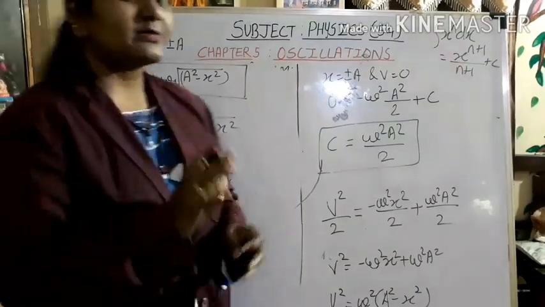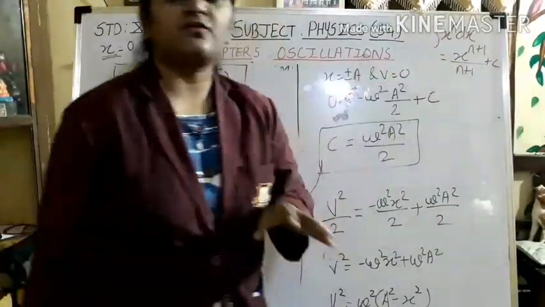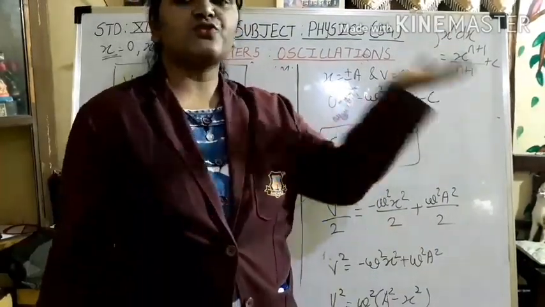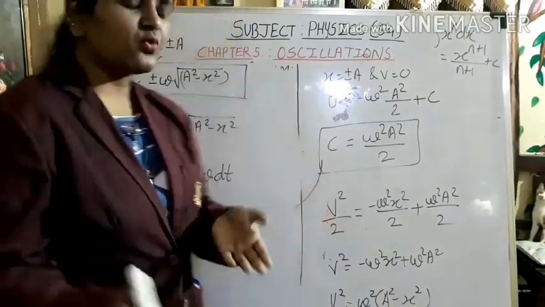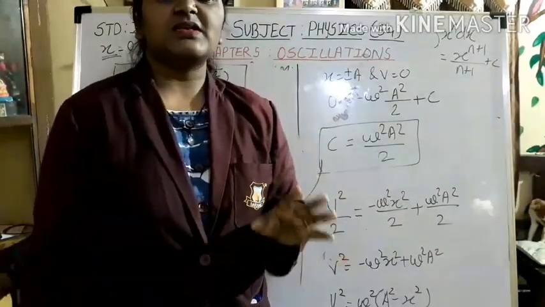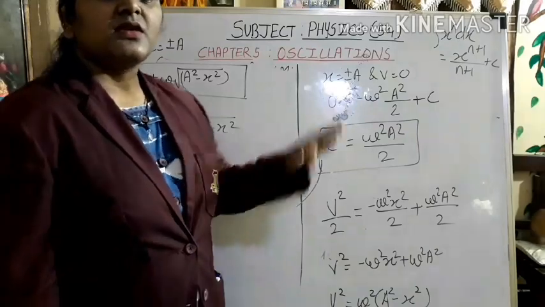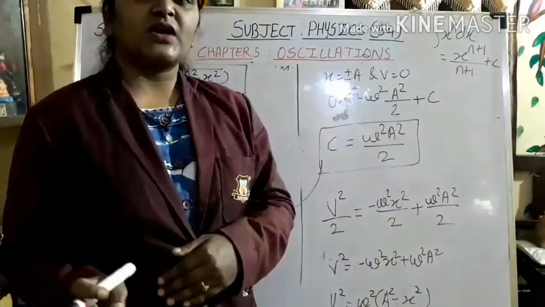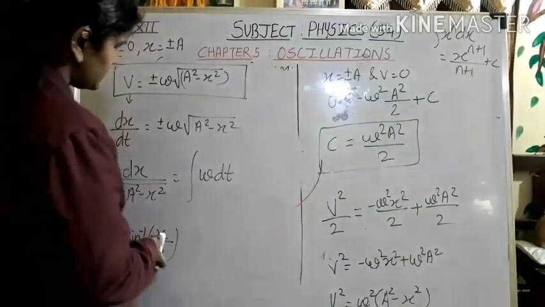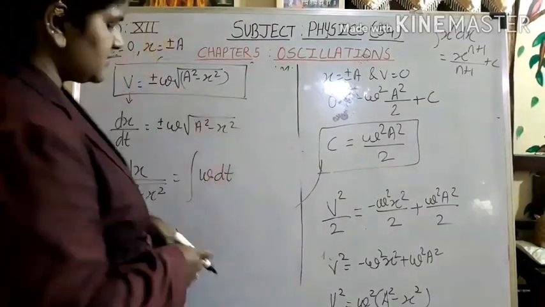Those who are non-maths students over here, please try to remember all the basic formulas of differentiation, that is d by dt, and also for the integration, so that you will come to know this. If you have not learned any kind of formulas from maths, you will not be able to derive these derivations. So please remember basic formulae which are useful for physics. Okay, so here is one of them, which is sine inverse. Integration of this is sine inverse x by a.